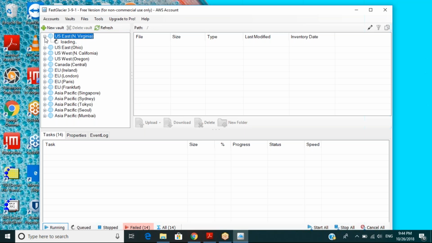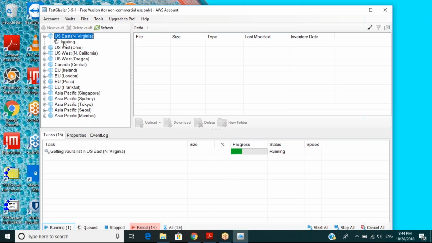You can just Google this tool, you can say Fast Glacier, and you can just install it. So it's easy. When you connect, it will ask you for your credentials, of course, because it wants to know which account it is trying to access. And once you do that, you can actually work with this. Now, there are two advantages if you are using third-party tools, because they will be giving you some additional information. What are these? So first of all, you can do